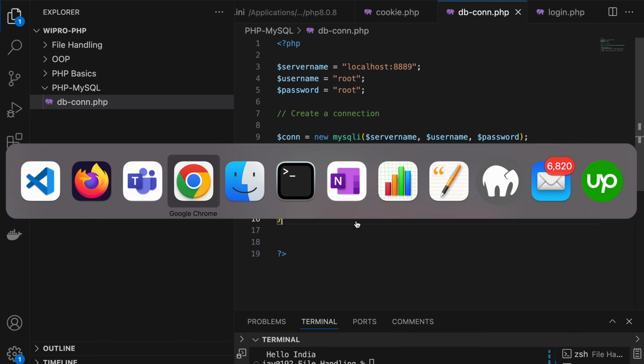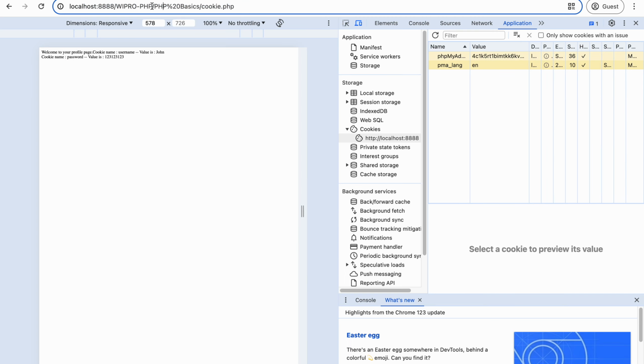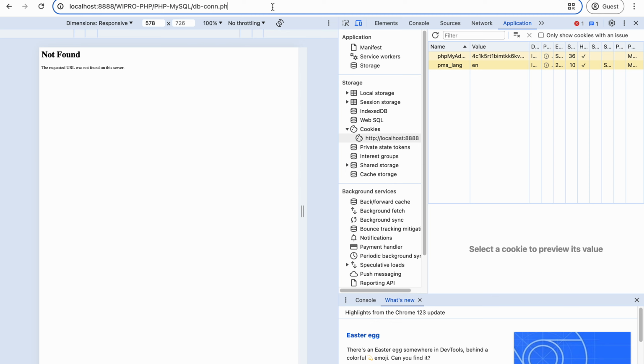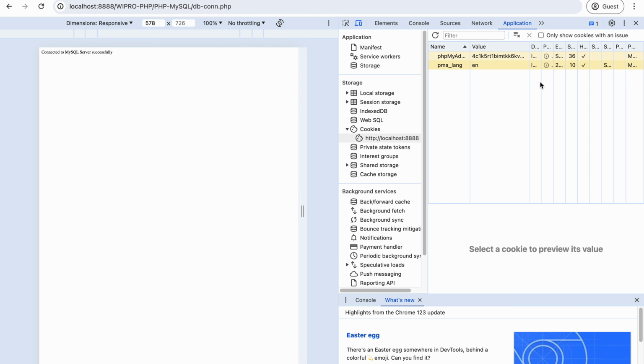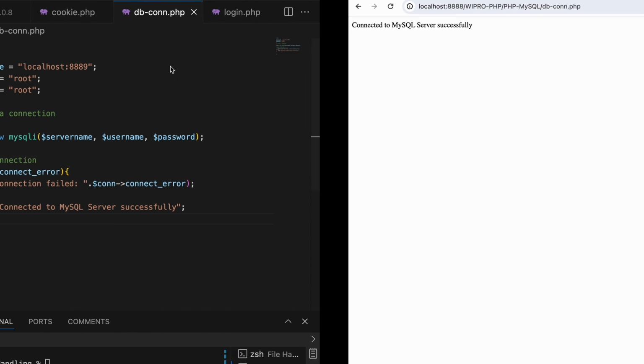So let us see. PHP-MySQL/db-con.php. What is the message you are getting? Connected successfully.